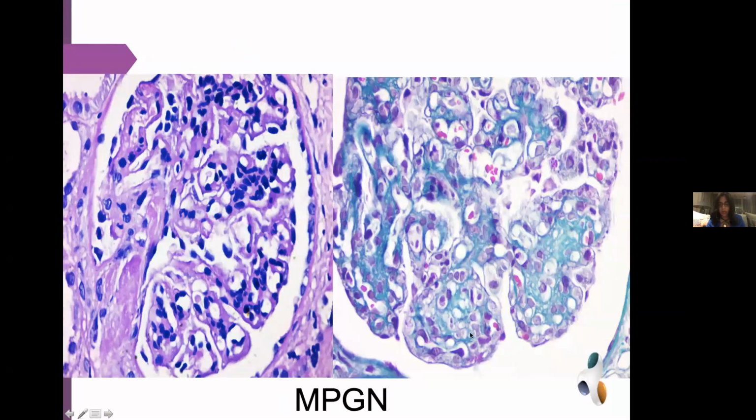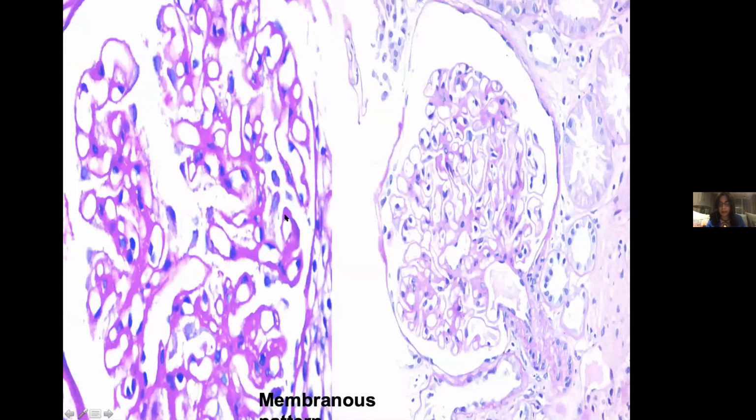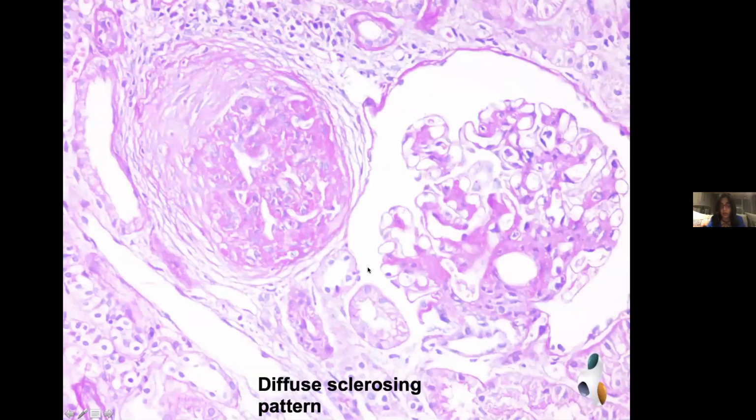This is an MPGN, your classic MPGN, and this patient turned out to be fibrillary. This is the proliferative pattern. Usually it comes with crescents, as I said, and it can be up to 30%. And this is the membranous pattern, and it's quite uncommon to have fibrillary with membranous, and they are very difficult to diagnose just on light microscopy and immuno. And you can have the diffuse sclerosing pattern where you get mainly glomerulosclerosis, and in the rest of the glomeruli, as you see, matrix expansion. Again, the detection of these cases is not that straightforward because you really need to suspect it.